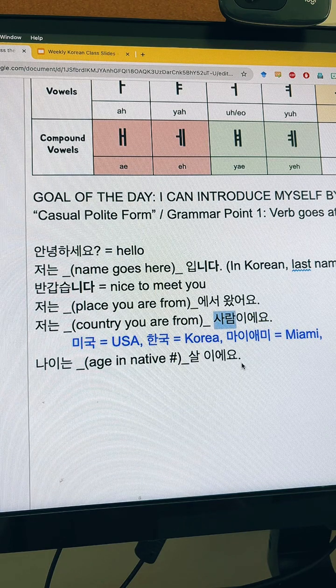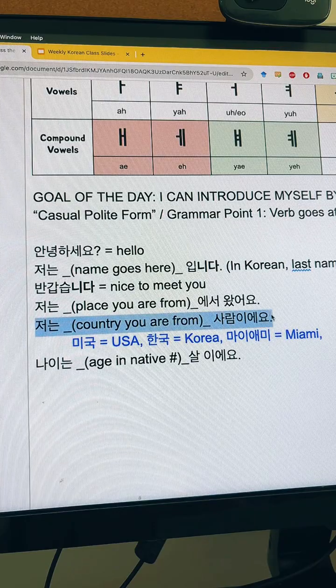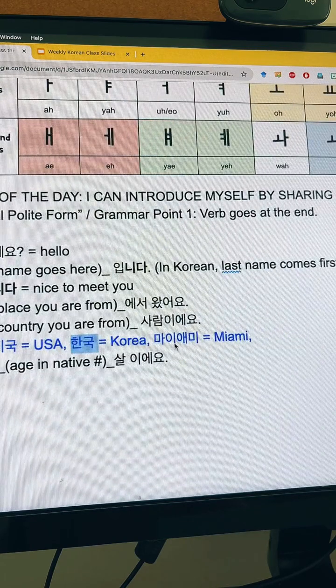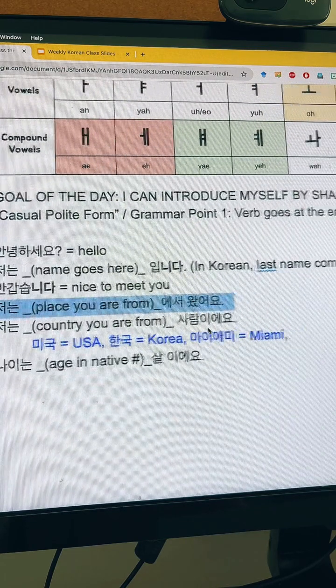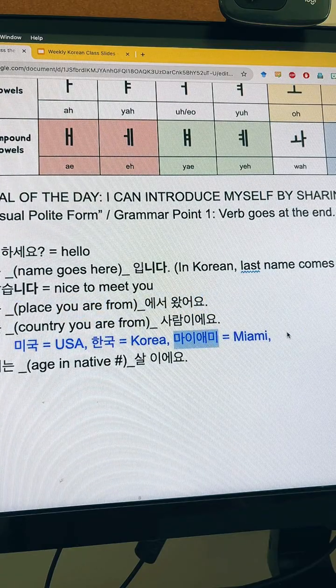파로 씨, 저는 도미니카 공화국 사람이에요. Great, and perfect spelling as well. Dominican Republic 사람이에요. 도미니카 공화국 사람이에요. 잘했어요. So if you know how to type in Korean, try typing out your introduction. 저는 blank 사람이에요. And in the middle, you can put words like 미국 사람이에요. 한국 사람이에요. We had Miami earlier for the third phrase. If you want to say I am a Miamian, I guess you can say Miami 사람이에요.